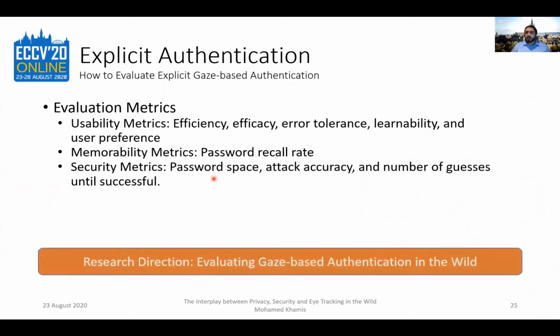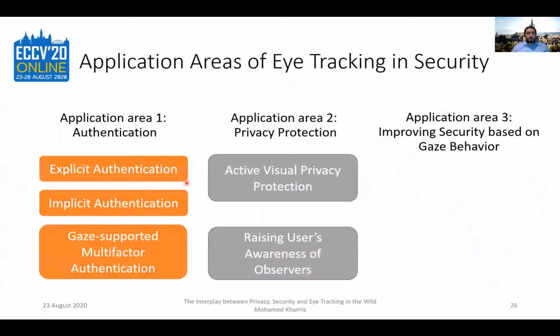So here is another research direction for people working in eye tracking in the wild, because as I said, we have not done in-the-wild studies of authentication using eye gaze. By doing a study like that, we can see which kind of passwords people create and infer what the practical password space is. So this is something that is not yet investigated and not yet known, and it would be an opportunity for future work. So I've spoken so far about authentication.